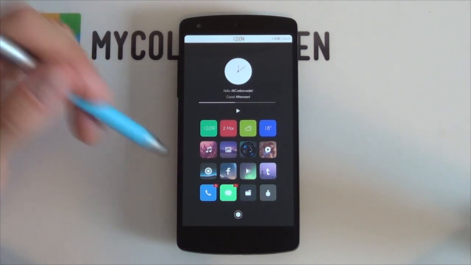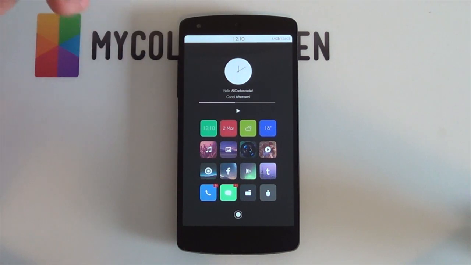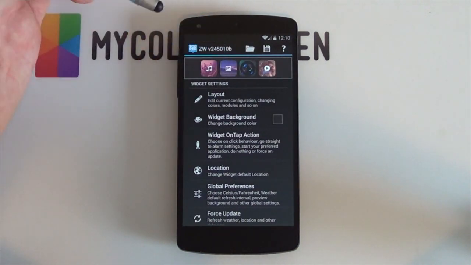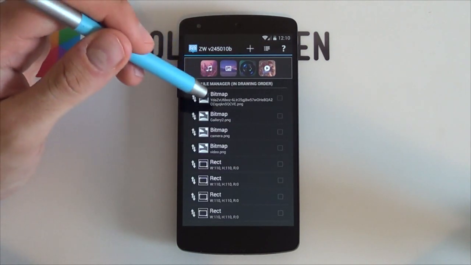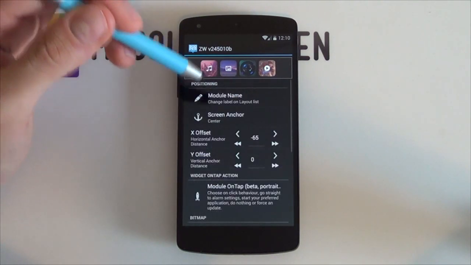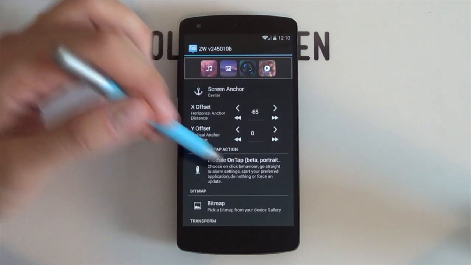Now all you have to do is configure your hotspot icons, well, your shortcuts, to open up your respective different apps. So I'm going to select this widget right here, for example. Say I want to open up my gallery for this icon, and when I selected it earlier nothing happened. So I want to go into my layout right now and look for that gallery 2 bitmap. I'm going to select it right now, and as you can see, it's not been set up to open up